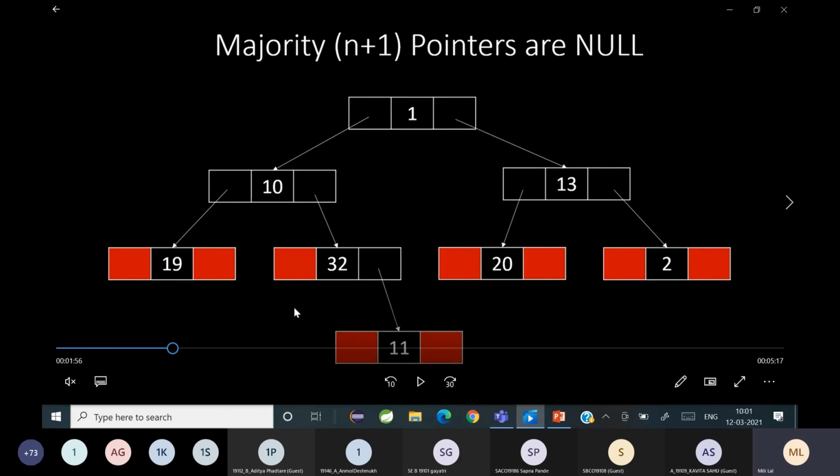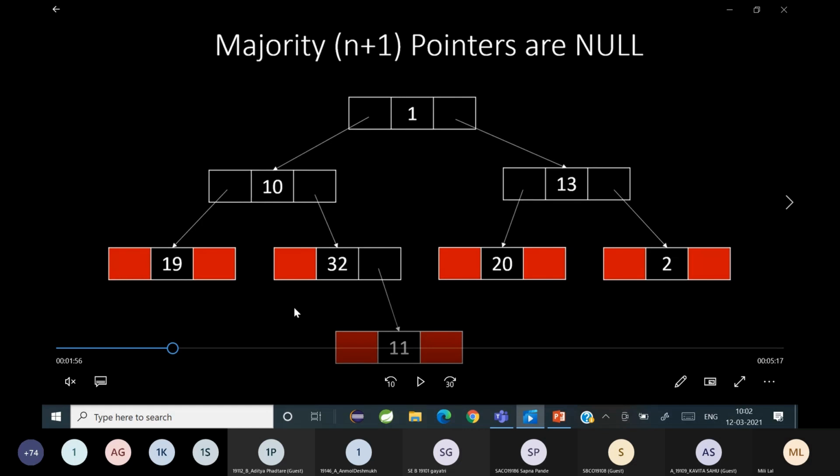Whereas in the case of 20, 11, 2 or 19, they are all leaf nodes. Why? Because both the left and right pointers are null. So in that case we will use a double threaded binary tree. Is it clear?